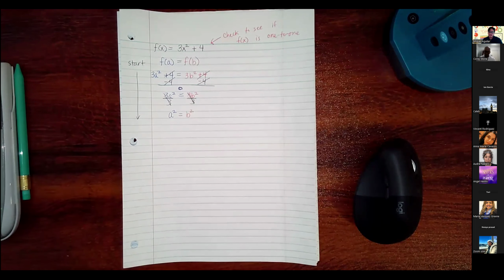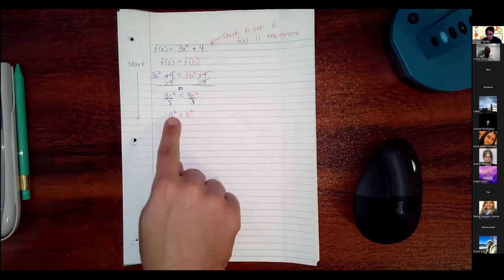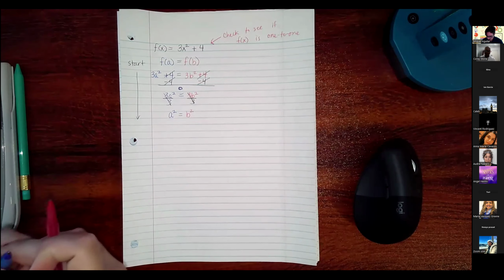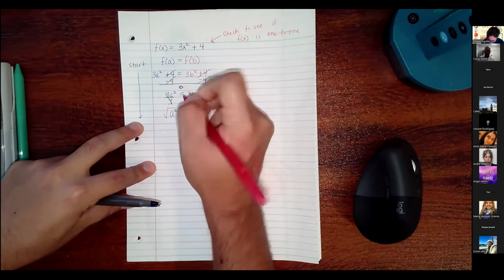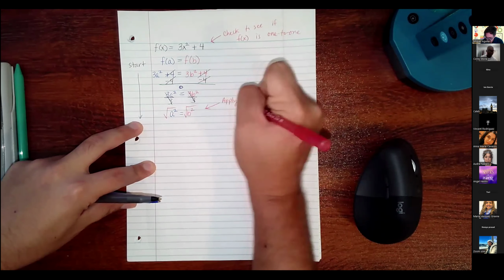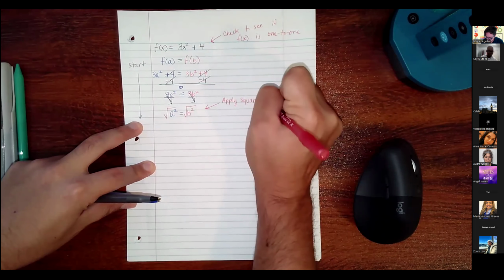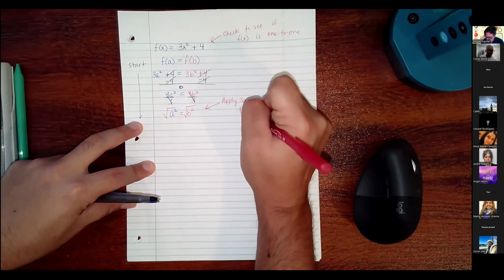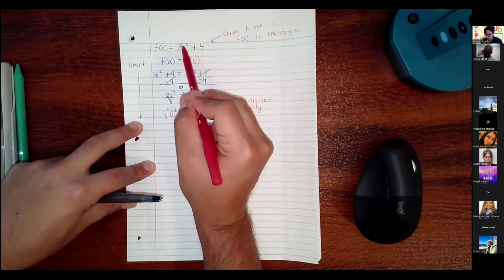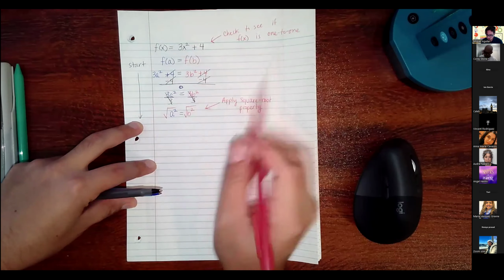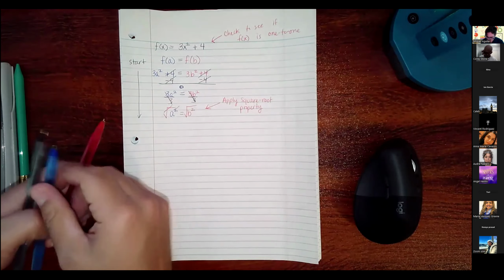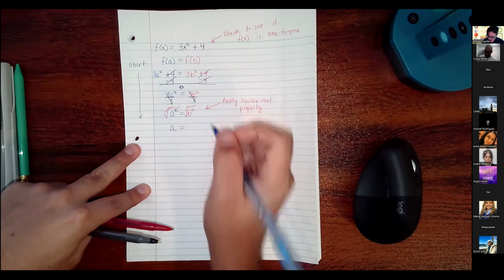And then we have to be careful here. Can you guys tell me how do we cancel out the second power or the square? Take the square root. Yeah, take the square root of both sides. So if we do that, we're technically applying the square root property, just like when we solved quadratic equations, right? Which it turns out this is a quadratic equation. If you look at the original equation, 3x squared plus 4, quadratic, okay? So when I take the square root of both sides, I'm going to cancel out the squares. And now I'm going to have a is equal to,